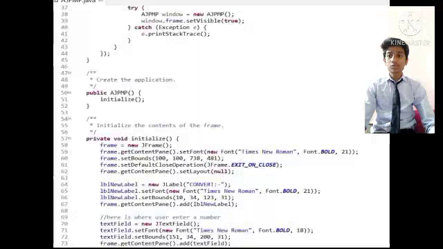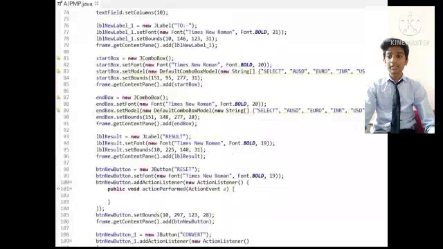In the main method we create a void run method. In that we create a try and catch block. That is, we create an AGPMP class and we access the class by creating a window keyword. Then we create the application. First we initialize all the contents in the frame, that is frame, label, text field, combo box, inbox, label. Then we perform an action event on the convert button.